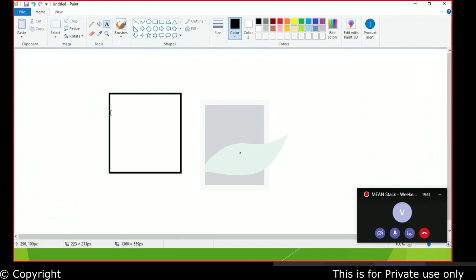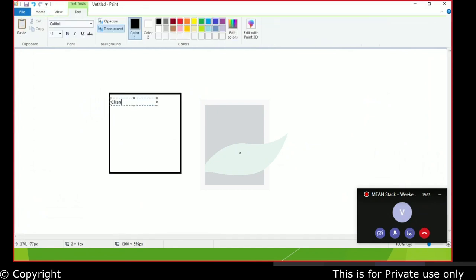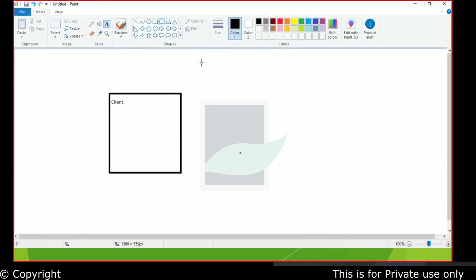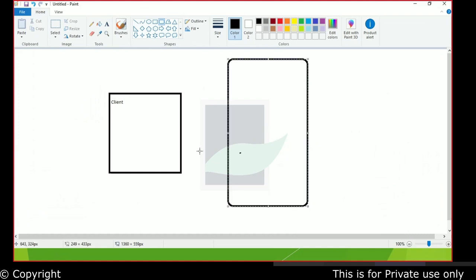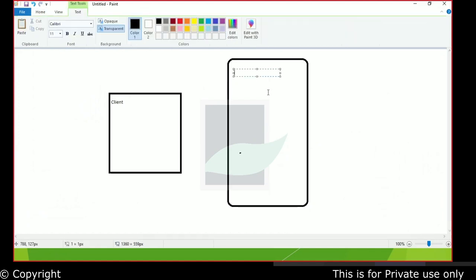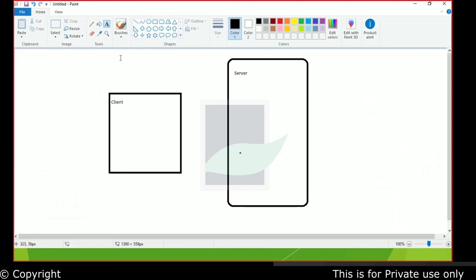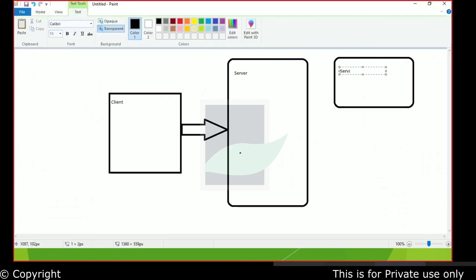You have a client. Architecture would look something like this, and you have a server. Client interacting with the server. Then you have something like services, which will definitely be there.